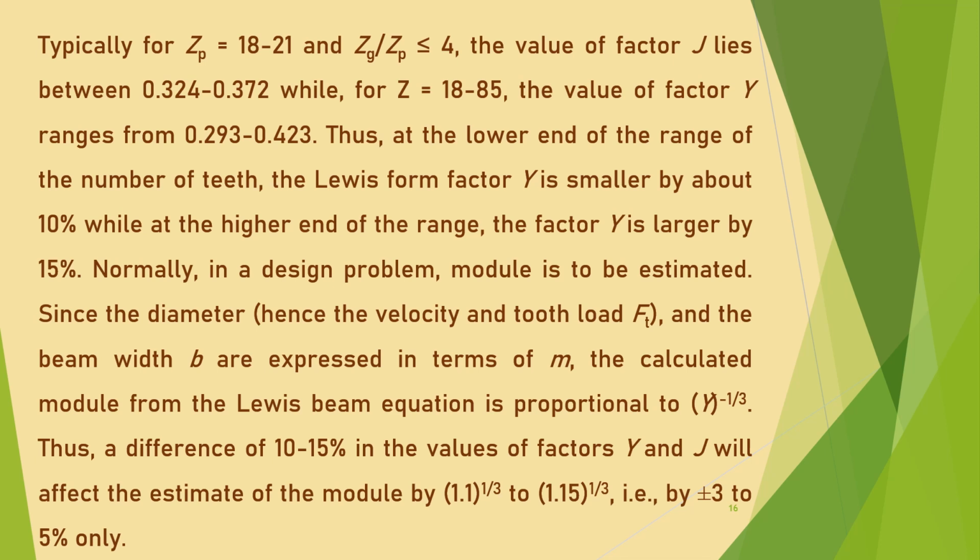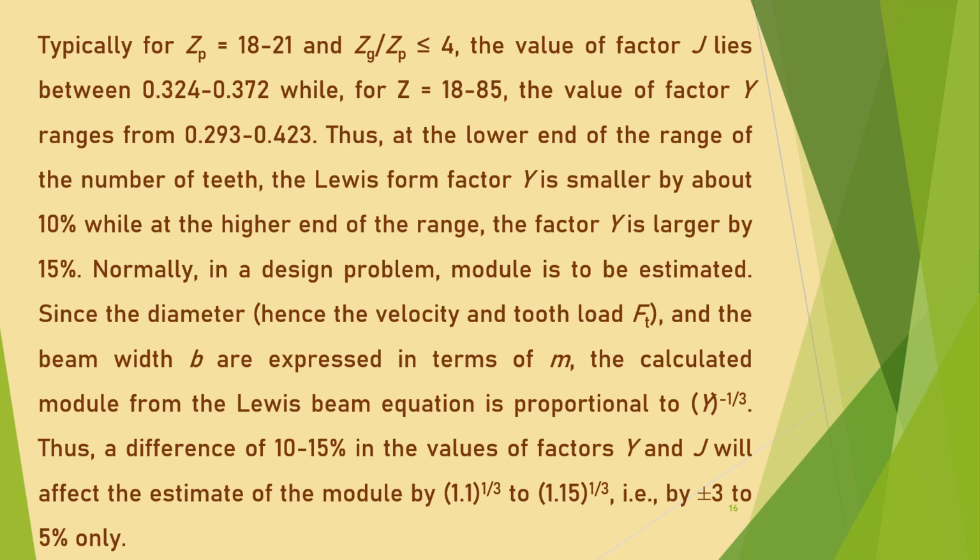Typically for Zp equal to 18 to 21 and Zg divided by Zp less than or equal to 4, the value of factor J lies between 0.324 and 0.372, while for Z equal to 18 to 85, the value of factor Y ranges from